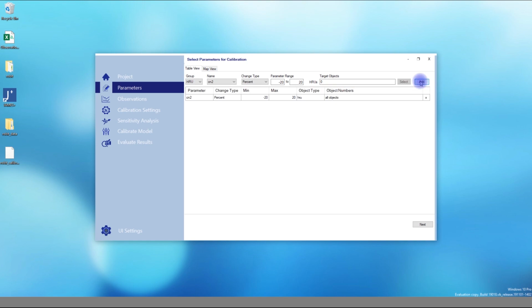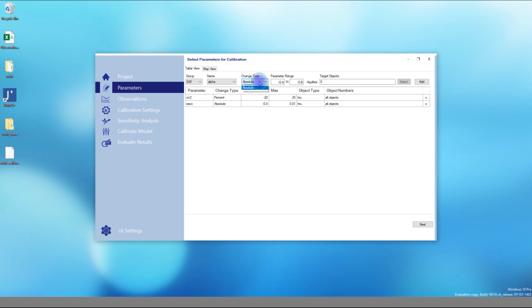You can add another parameter, let's say ESCO. And in this case, let's change it to absolute. So this is the freedom we're giving it to add or subtract to the initial parameter. I'm going to set this to 0.01. So it can only reduce the parameter and not add anymore. If you have made a mistake, you can use this button on the right to remove the parameter that you don't want. I'm going to add one more parameter,